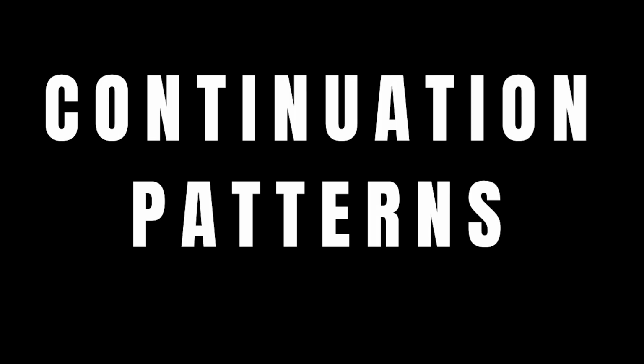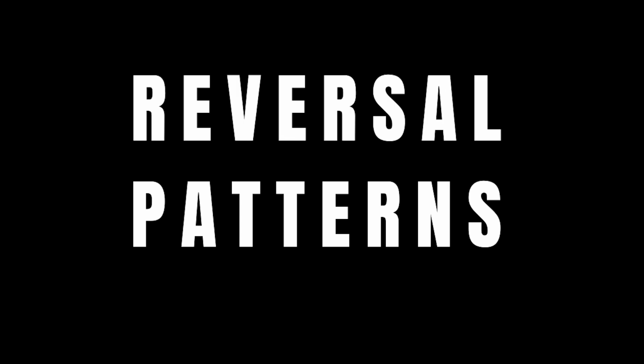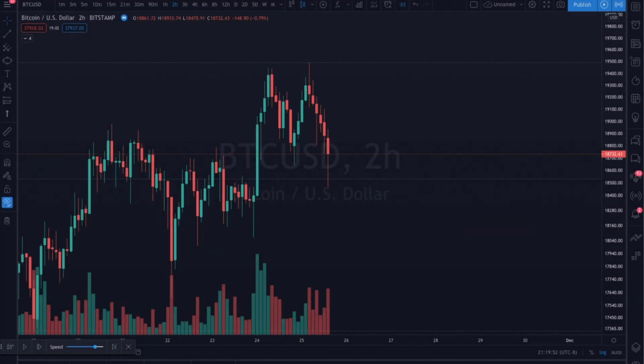All right, so moving right along, in the previous lesson, we discussed the concept of continuation patterns. Now, these are basically just ranges of consolidation during a trend that typically precede continuation of said trend. Reversal patterns, however, are also consolidation ranges, but the patterns of price fluctuation represent price action behavior prior to a